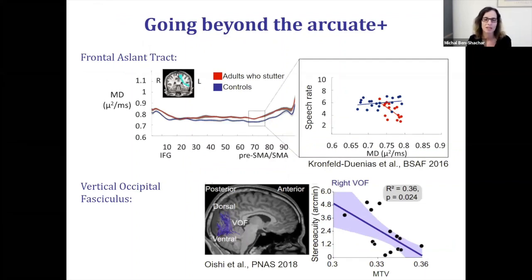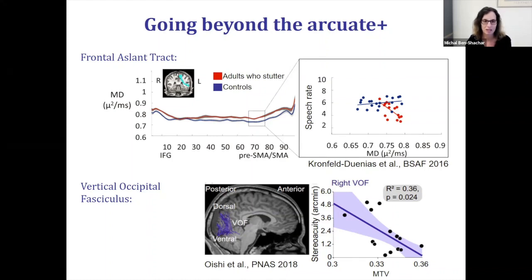One last point I want to put out here is that tractometry methods also allow us to explore new frontiers, measure pathways that do not play a role in the classical models, and map associations between their properties and cognitive measures. Two such pathways that I want to mention here are the frontal ascending tract and the vertical occipital fasciculus. We have tractometry results that show a group difference in the frontal ascending tract between adults who stutter and controls. In adults who stutter, we also found an association in the ascending tract between mean diffusivity and speech rate. Studies from Hiromasa Takemura and colleagues, among others, find associations in the vertical occipital fasciculus in relation to visual perceptual processing. So I think there's a lot for us to study, and we should allow ourselves to explore other pathways beyond the usual